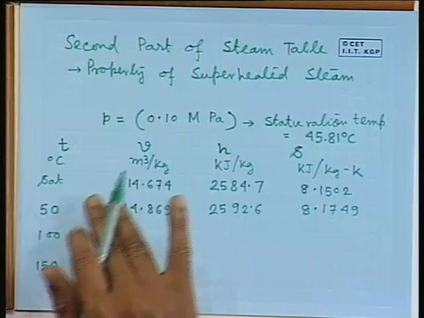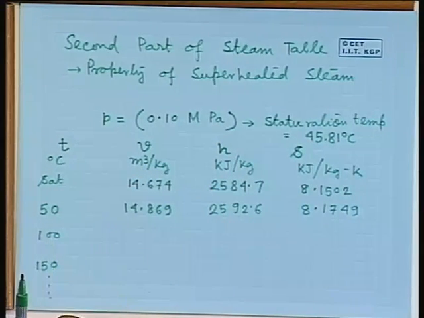And obviously, either in the first part of the steam table where properties of saturated liquid or saturated fluid is tabulated, and in the second part of the steam table where the properties of superheated vapor is tabulated, there at some regular interval the property values are given. So, that means for in between parameter values, if we have to determine the property, we have to go for interpolation and we go for linear interpolation.